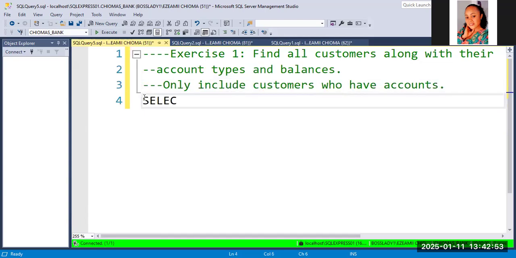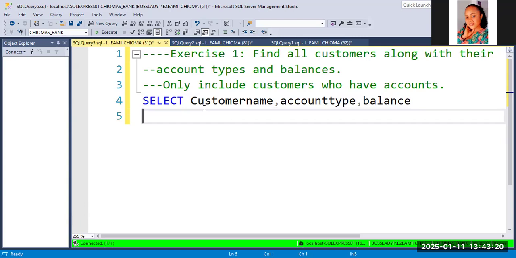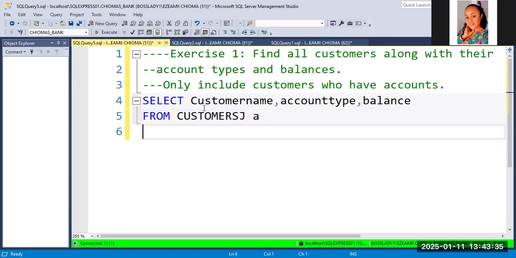So let's proceed. Select. Let's just put customer name so that we'll be able to see it. Customer name, then we want account type, and then we want balance. These are the information we want in our select list. Then the tables we need. We need from the customers table, so let's alias it as A. Then